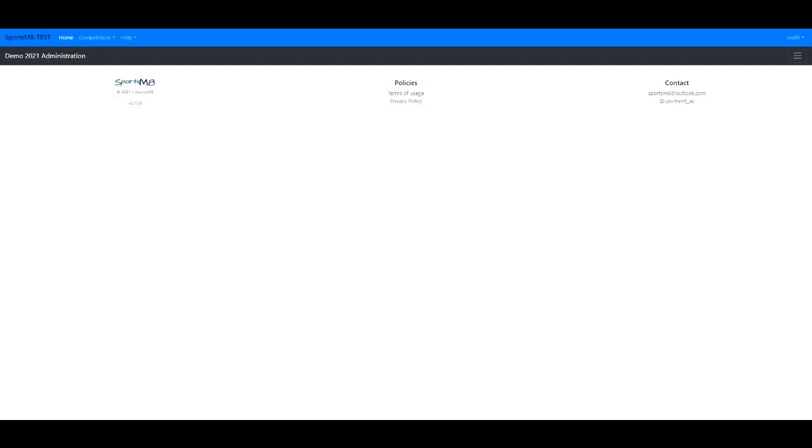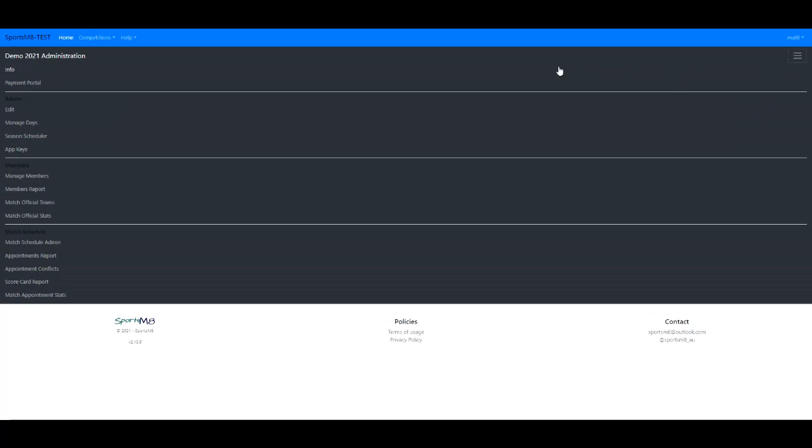Going to take a look at how we configure competition days across our competition. There's two methods for configuring this, and it'll depend on the type of competition as to which method is the best suited for you. The first method, we use the administration menu, and from the manage days